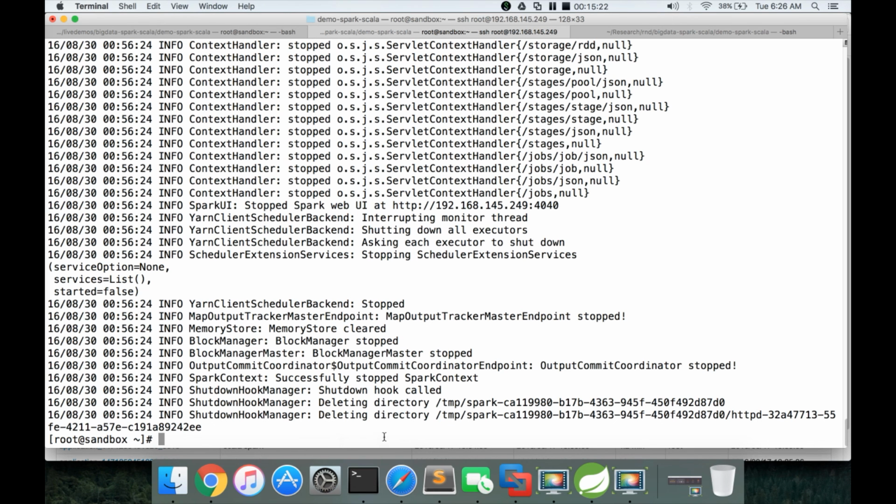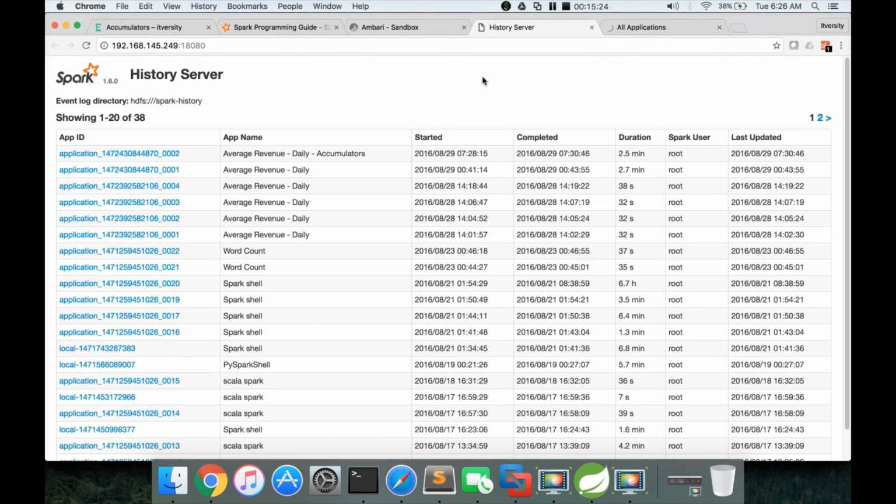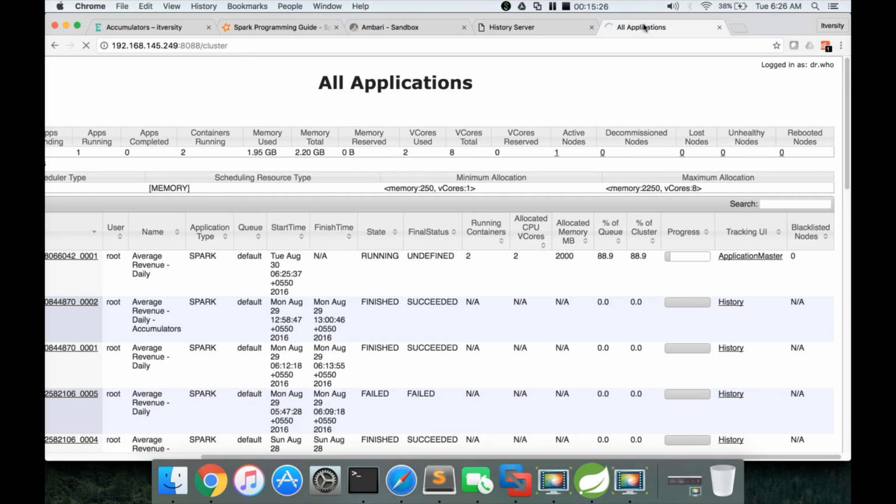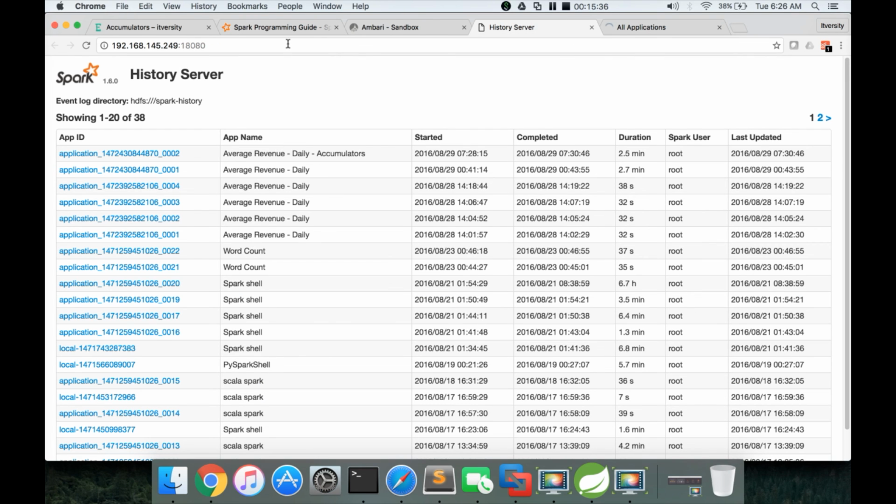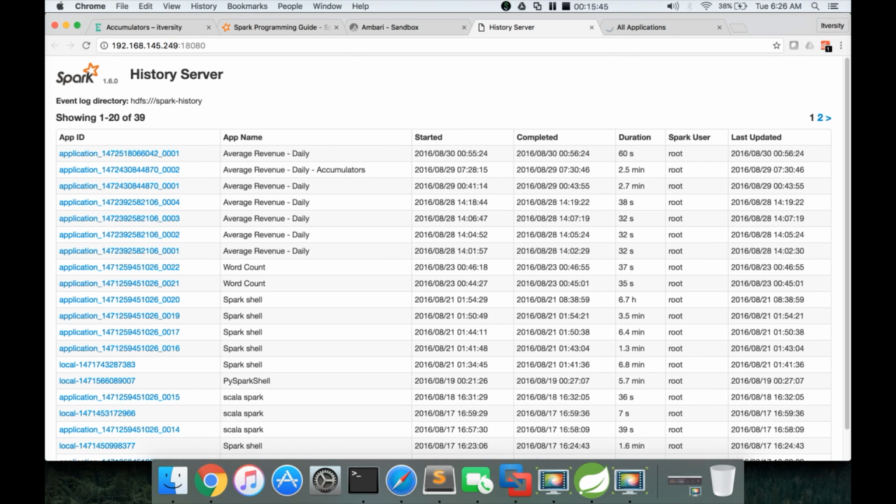Yeah, it is completed now. So it will be visible in the history server. While it is running, you can click on the application master and you can get the details, but because it is completed, it is hung as of now. So now let us go to the history server. History server runs on 18080. You need to know the IP address. In this case, everything is in a single box. So I am actually trying to get the history server.